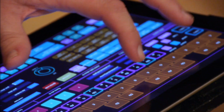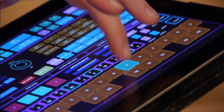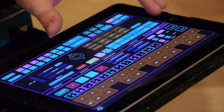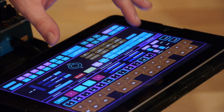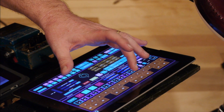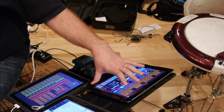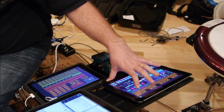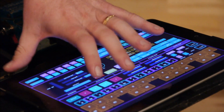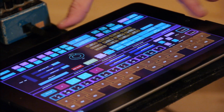And then up in this area, this is like a keyboard layout, which you can't hear, but when I press these keys, I can hear a keyboard in my head, and it helps me dial in to when Travis switches keys. So if I'm doing a vocal thing, okay, I know it's in the key of A, and then I'll come over here if I end up using some of my harmony. I can set a harmony to my voice, so I know what key it's in. It's in A. Then I switch it on, and then